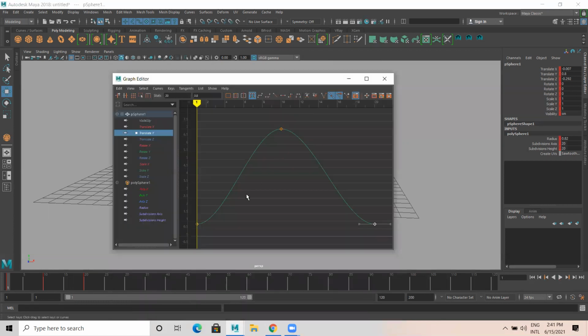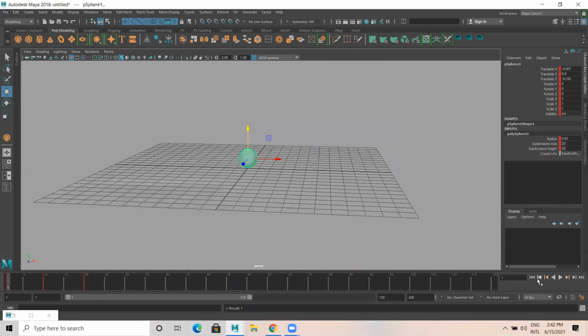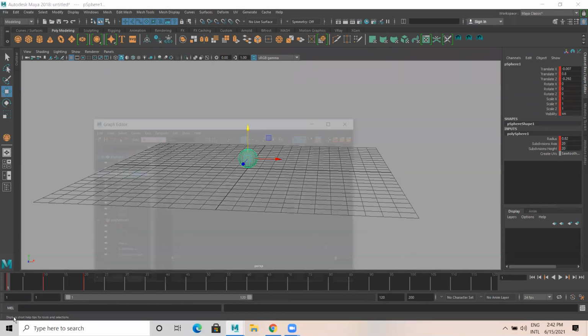So what I'll do is select both the bottom keys. Let us make this sphere or ball a bit bouncing. So I just make this linear. We worked on this last semester, the bouncing ball. I have used a linear tangent for the bottom 2 keys. Now let's see how this looks. Okay, there's a movement, proper movement.